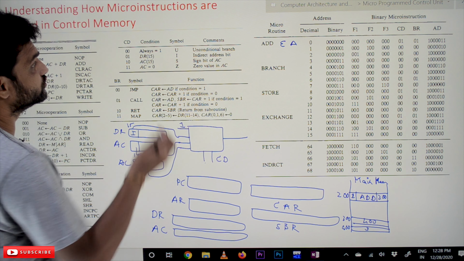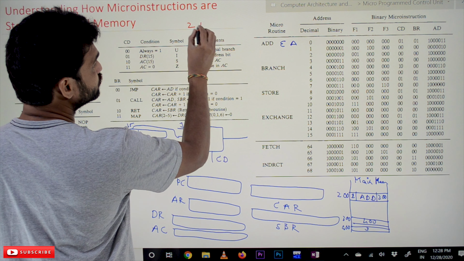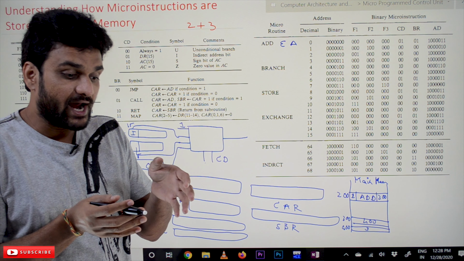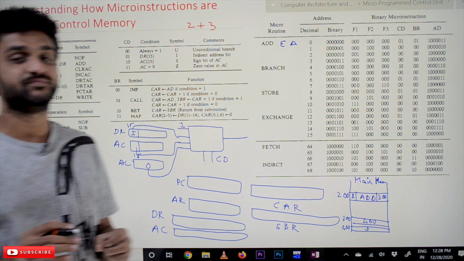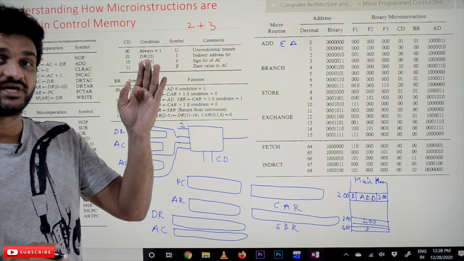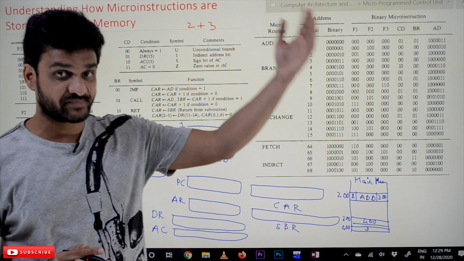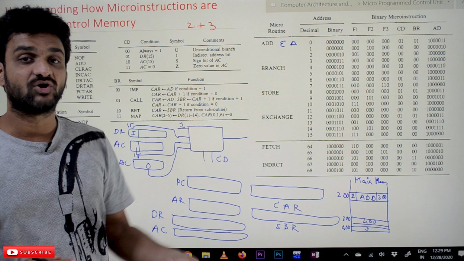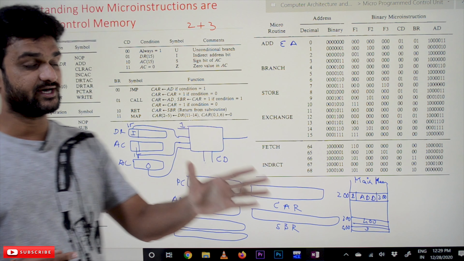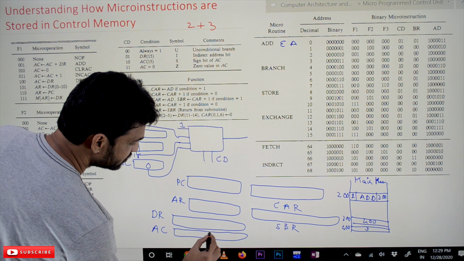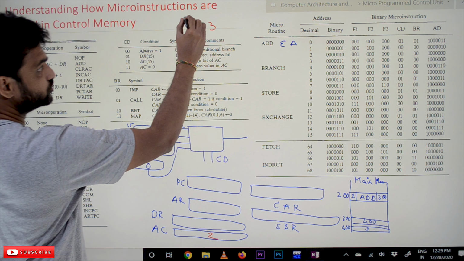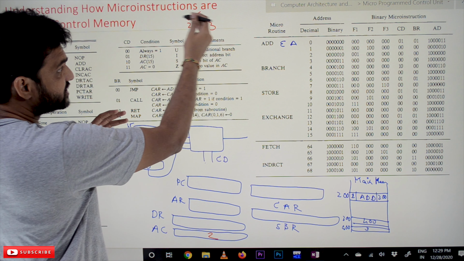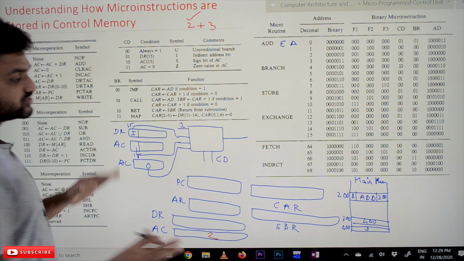So what we are trying to do is add 2 plus 3. As we have already discussed for our basic computer, in order to add any 2 values on the basic computer, we are under the assumption, as discussed in our previous section, that one of the operand values is already there in the accumulator. So assume that the accumulator is provided with value 2. Value 2 is already there in the accumulator, and we are going to add this 3 with 2, which will get stored onto the data register.